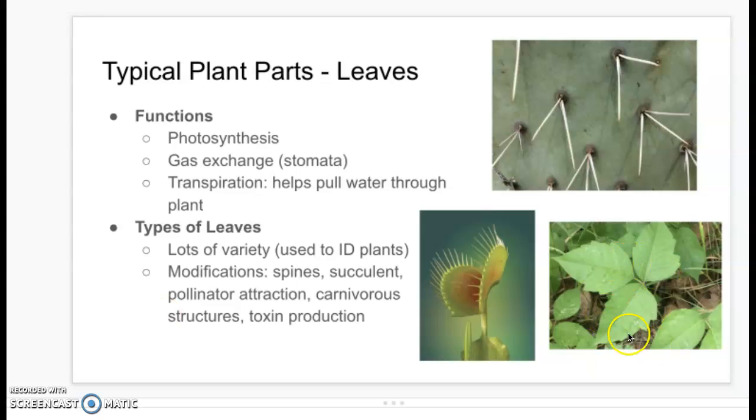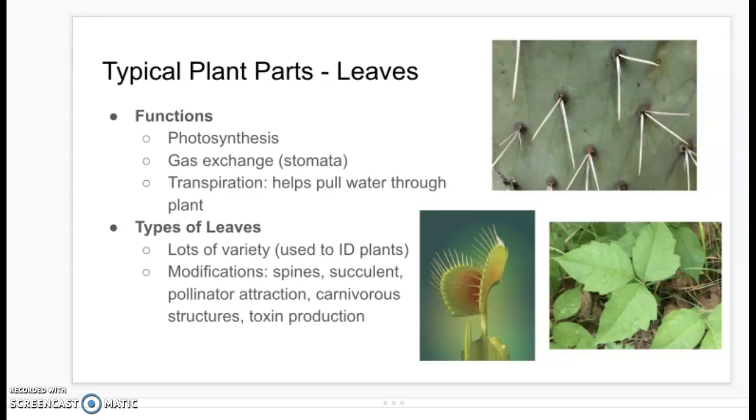And the last one, you might have seen it in Florida. You might not recognize it. If you do and you have been in contact with it, you're probably a very unhappy person, because this is poison ivy, and poison ivy holds toxins in the leaf,